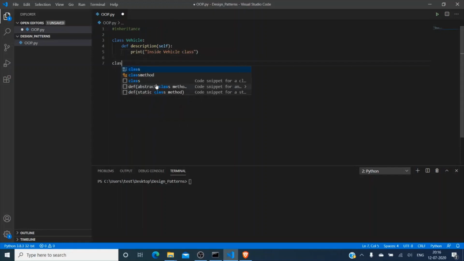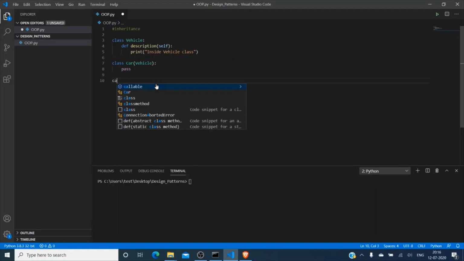Next, the child class would be car, which inherits vehicle. I'll not add anything for now. Let me create a car object.